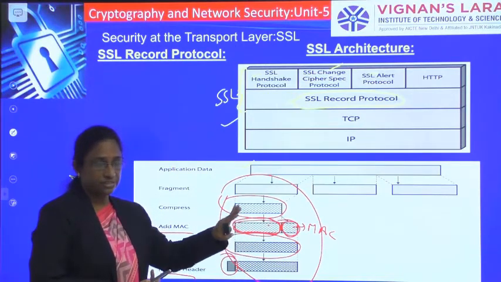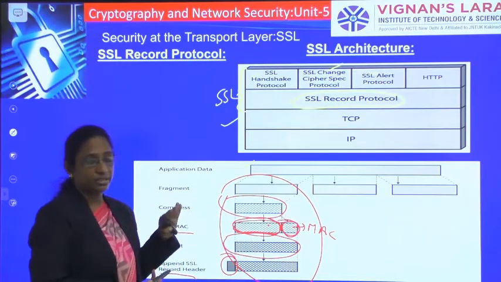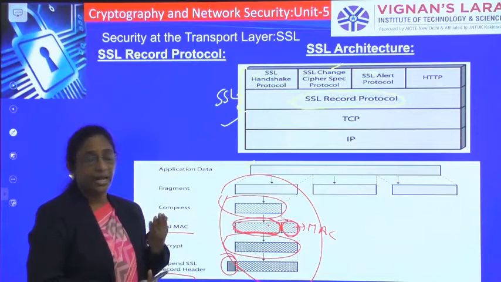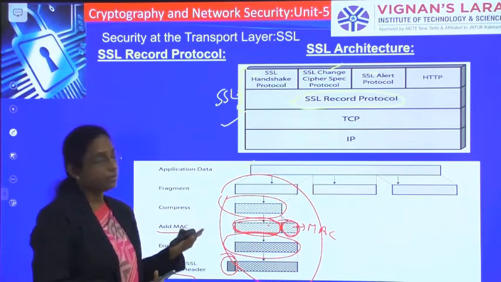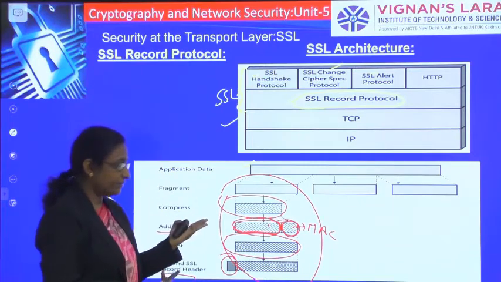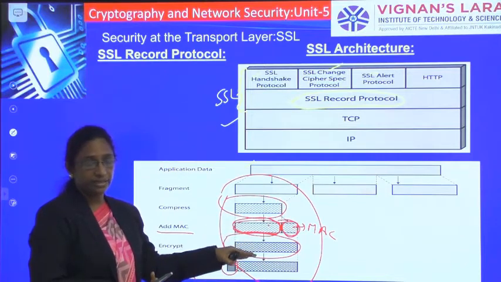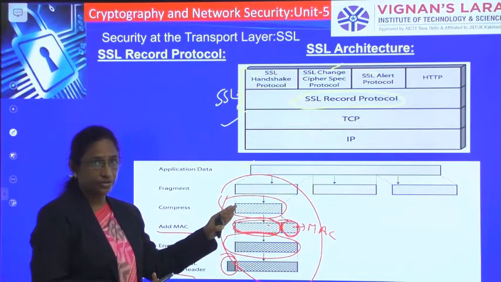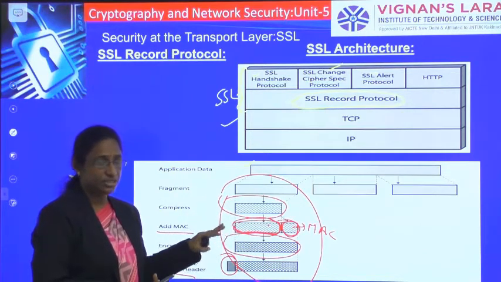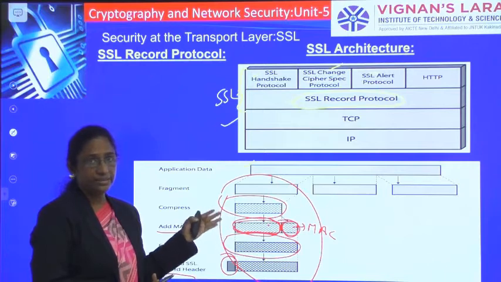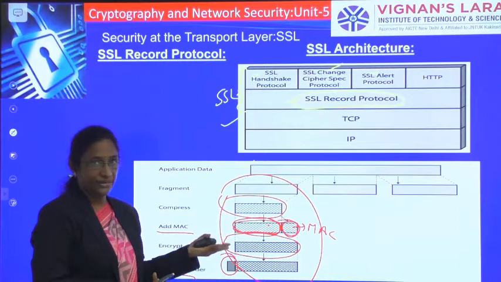These are all supported by the Secure Socket Layer. While doing the encryption, the required keys have to be exchanged, and you saw the key exchange algorithms supported by the SSL layer in the previous class.